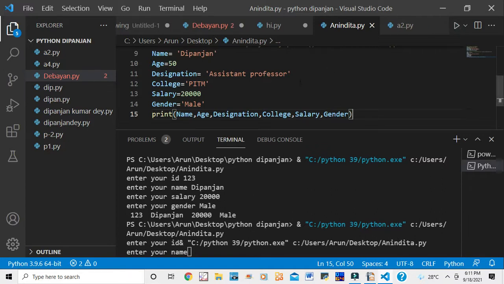The program has run. That is 1, 2, 3 Deepanjan 20,000 male. What was the name equal to Deepanjan?